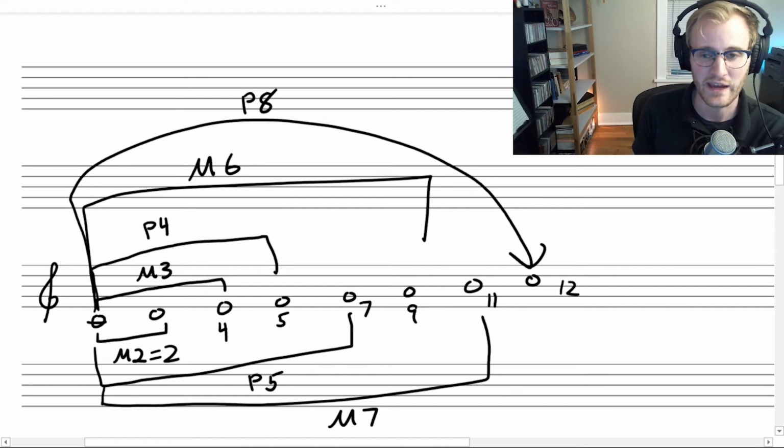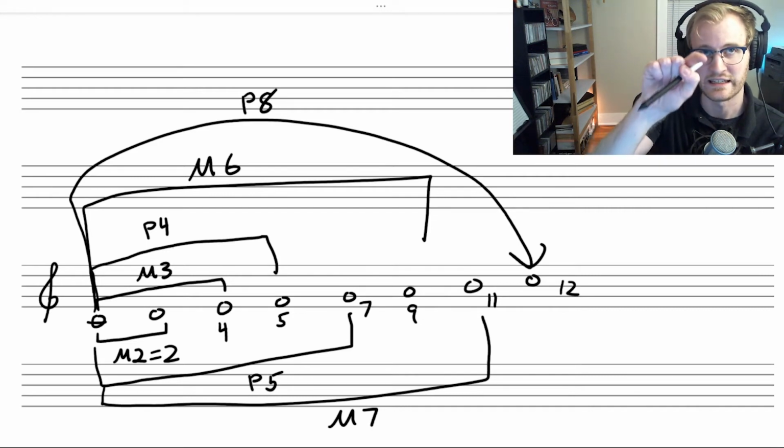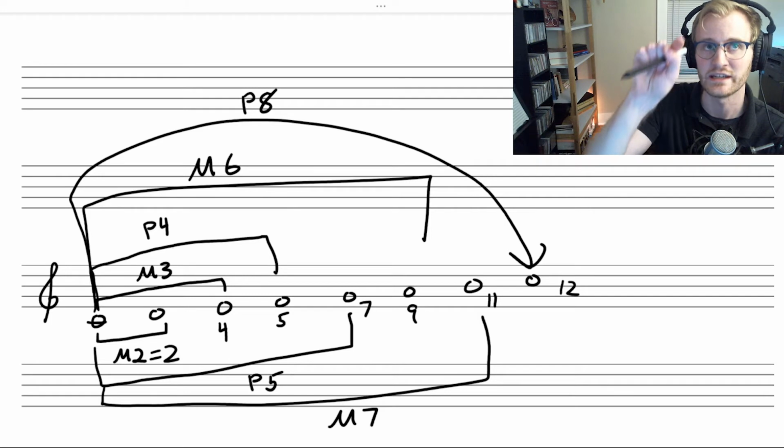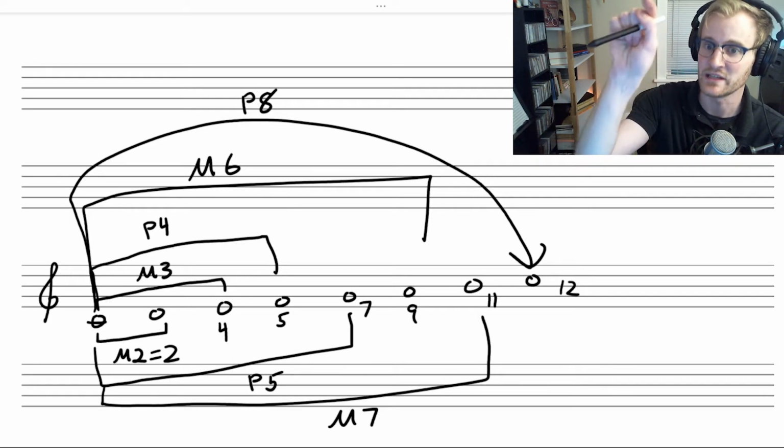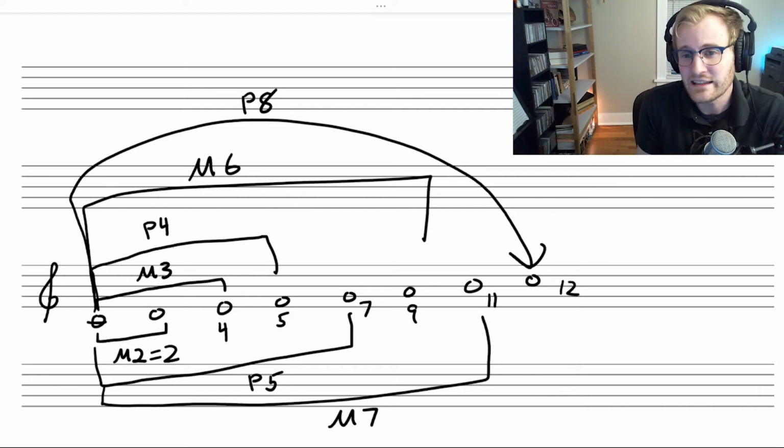But this idea of counting half steps is a bit cumbersome and tedious. So for example, if I gave you the note E flat, and I said, what's a perfect fifth up from E flat? If you had to picture a keyboard and go E flat to E to F sharp to G sharp to A to B flat and count 7 individual half steps, that will get you the